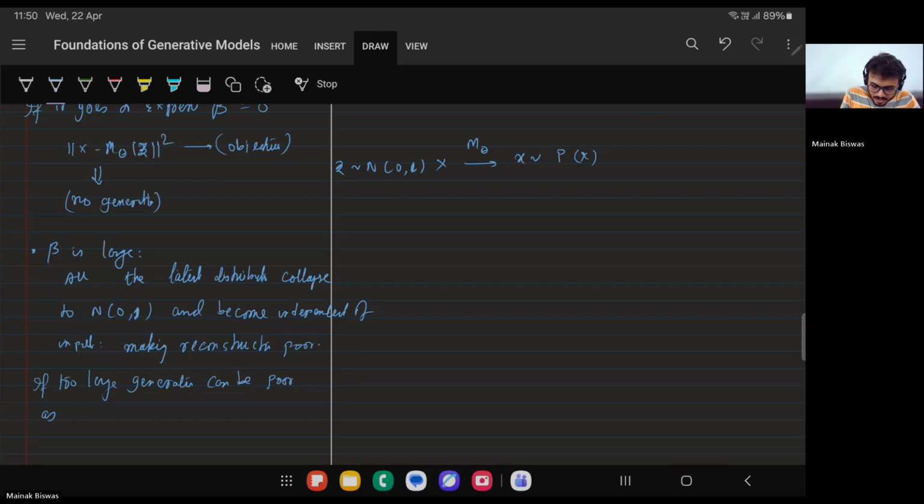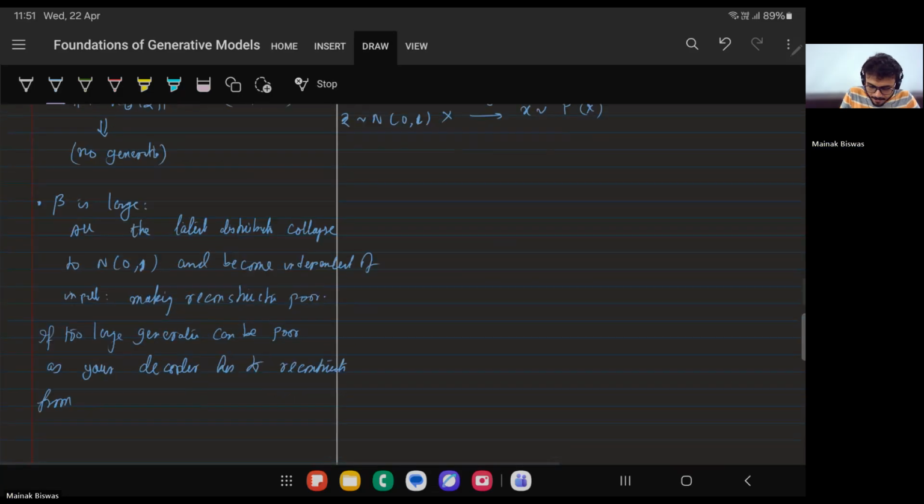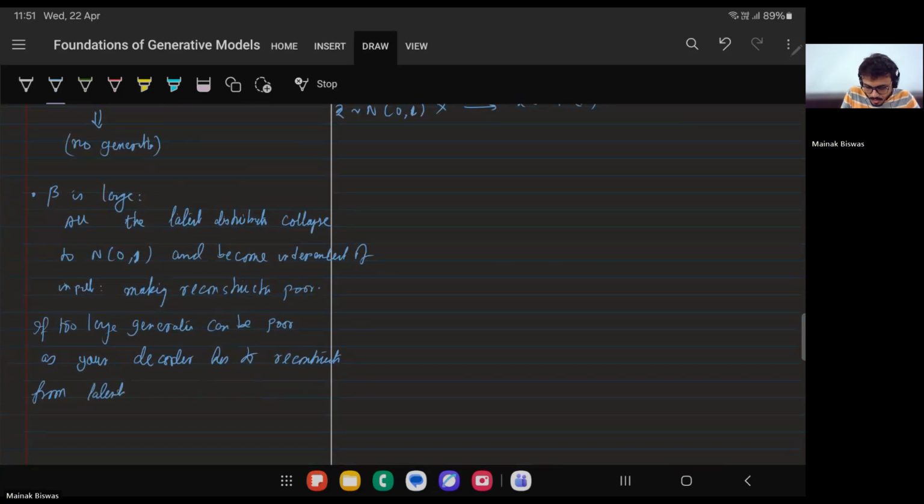As your output, because your decoder has to reconstruct from latents which have very little information about the data,